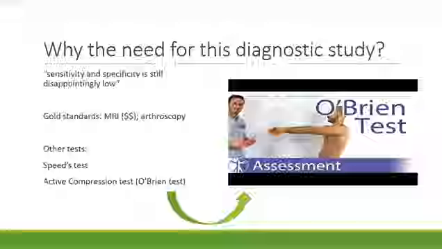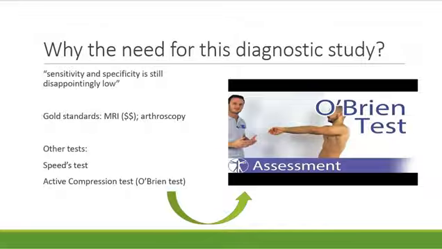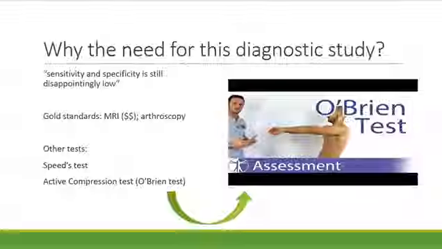Now, I think the authors talk about the need for this particular study by saying that the sensitivity and specificity is disappointingly low when it comes to looking at special tests for the labrum. Now, there are gold standard tests, the MRI, which is costly, and then arthroscopy, which can obviously increase risk. So a couple tests cited in the paper were the active compression test, also known as the O'Brien test, and